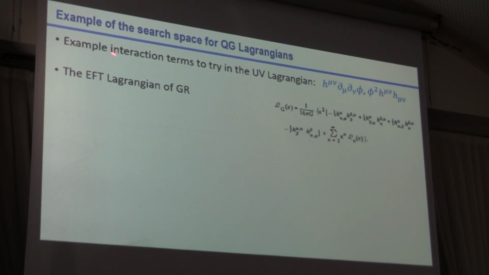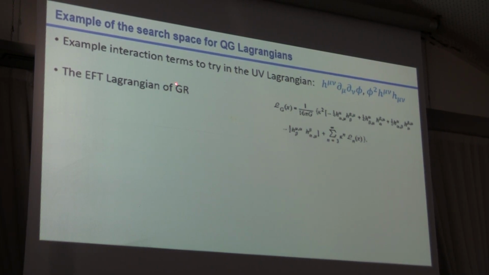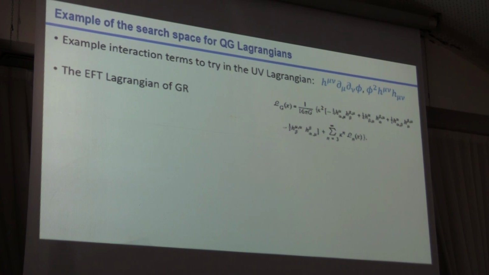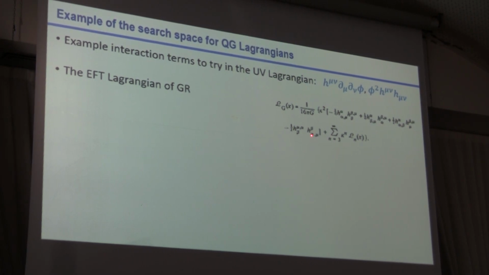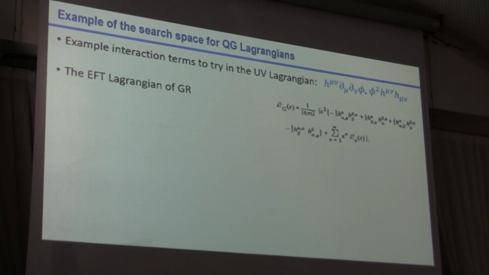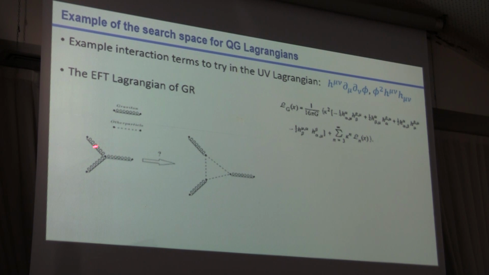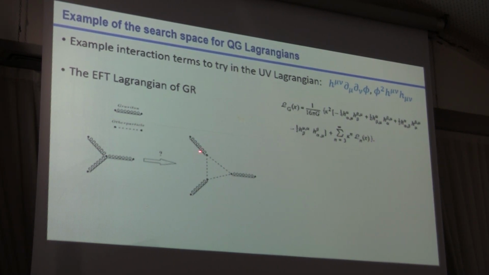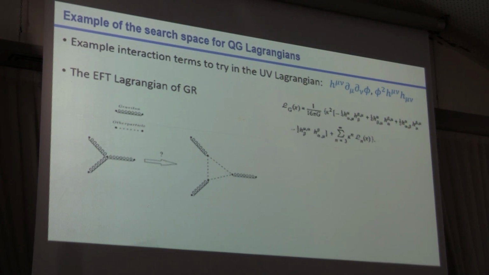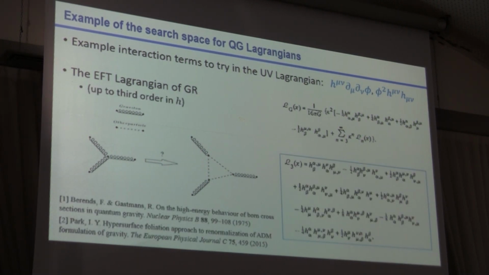So here the idea is that the effective field theory Lagrangian of GR looks something like this. The first order that's relevant is this quadratic in H, which is giving us gravity waves, for example. And then there are additional higher order ones. So it's a Taylor expansion around flat space. And then what we're actually looking for is a scenario like this. If there are normally terms that look like this, we want, for example, to replace them by an interaction of some type, so the gravitons will not be directly interacting. That's an example that we can look into.